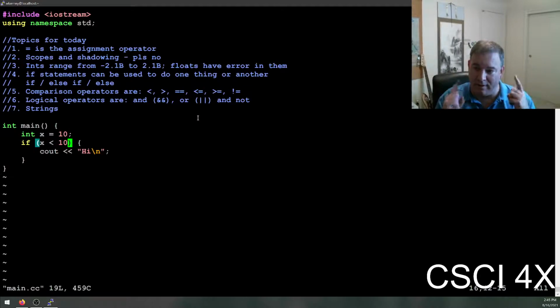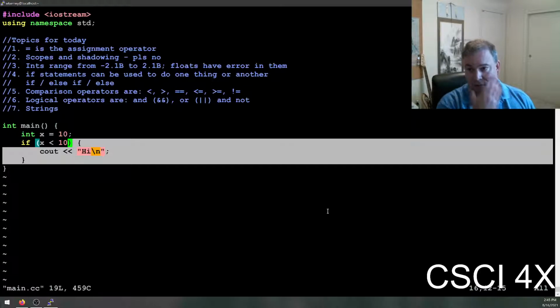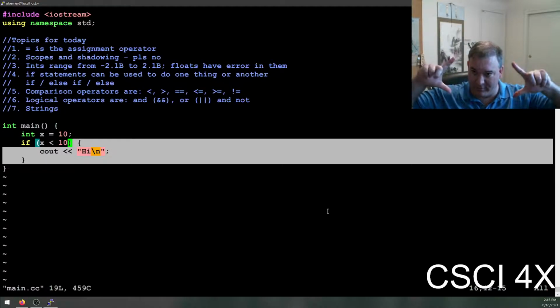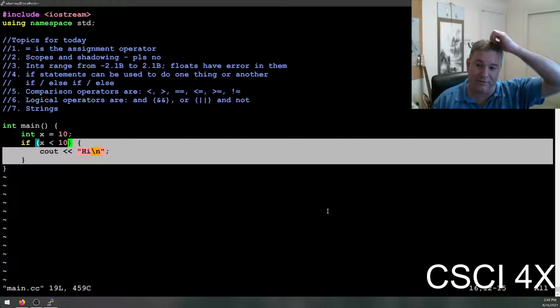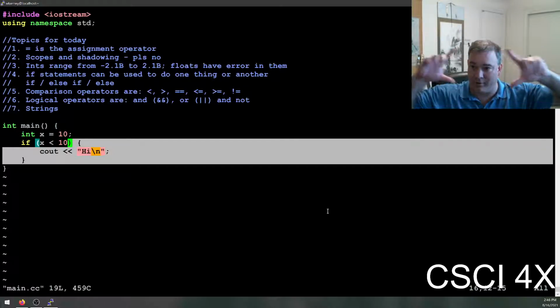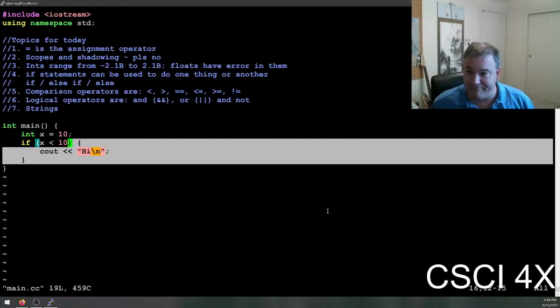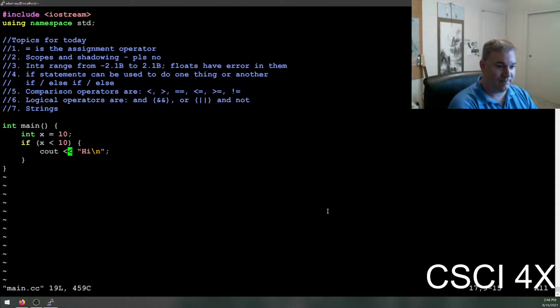So if whatever is within the parentheses is true, then it will execute everything between the curly braces. That's how an if statement works. It evaluates the parentheses. If that thing evaluates to be true, then it executes all of the code between the curly braces. And if what is within the parentheses is false, it does not. It will skip over it and cout